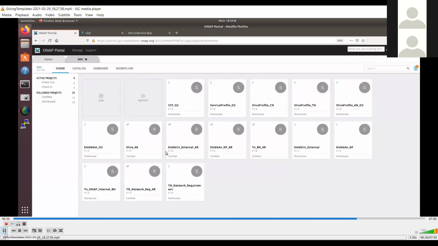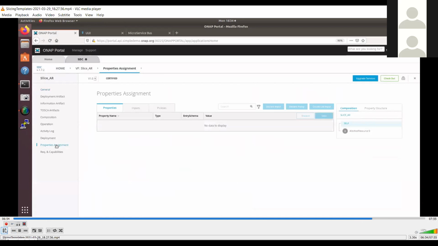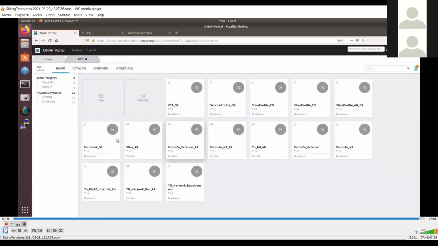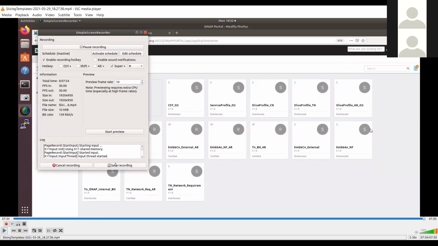So just to say that these are all the artifacts, and this is how ONAP deals with the process of creating slices. And more details, if you want, you can go over to the wiki page, and that will have information on what are the fields to be filled in and how to fill in the fields and all. So I'm not covering that as a part of this presentation. Okay, so this is all we had for the template, and similarly, we also have the runtime part. I just wanted to share the screen with the activation process.